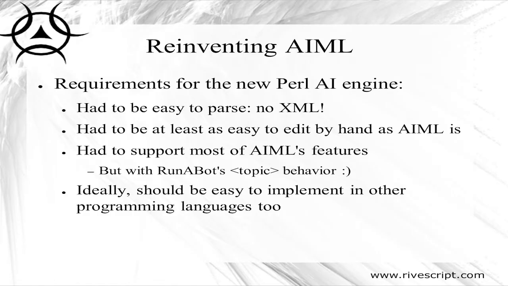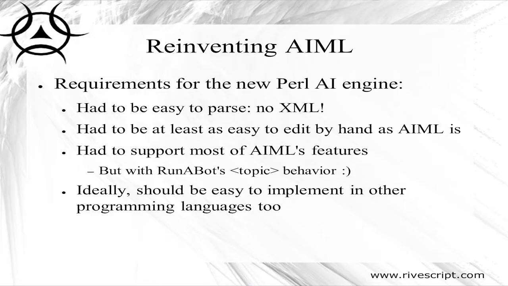So, for example, if you ask Alice, what's your name? Or what's my name, rather. Alice will say, your name is getName equals name. And there's no way to say where that tag actually showed up in the message when you're parsing it like this. Didn't have much luck dissecting Program D either. And so that's why I started developing my own alternatives to AIML.